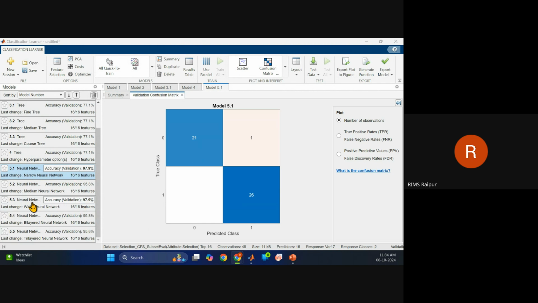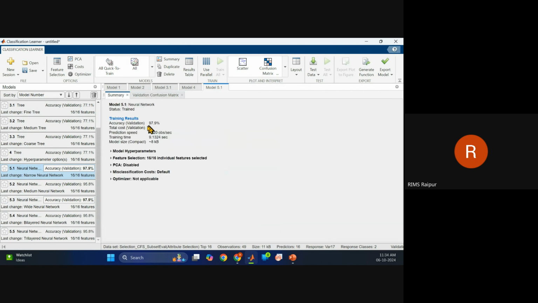Okay, so here you can see that the narrow neural network performs better, and these are the hyperparameters which